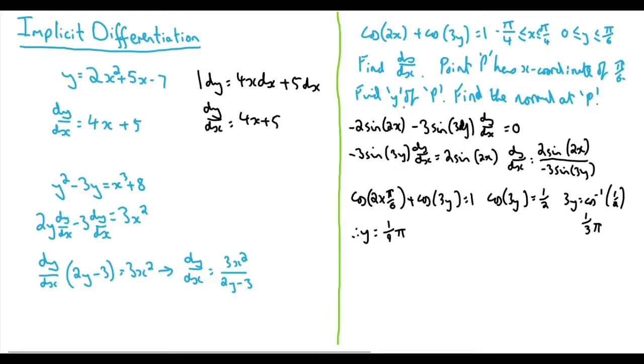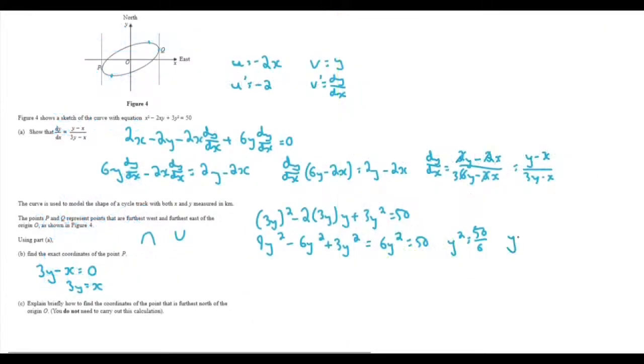Lastly, now that we have the y value, we can go about working out the normal at P. So we'll first of all, as before, need to get the tangent. So we can say that the gradient of the tangent is going to be 2 sine of 2 times the pi over 6 over minus 3 sine 3 times 1/9 of pi, and then we'll square root it to get y is plus or minus